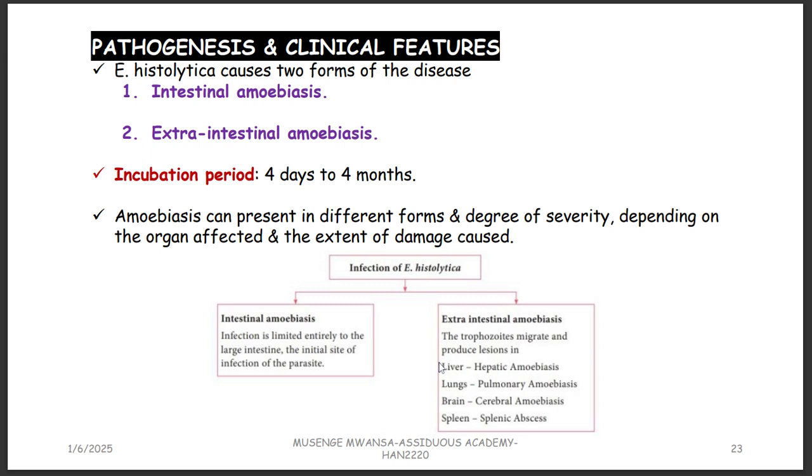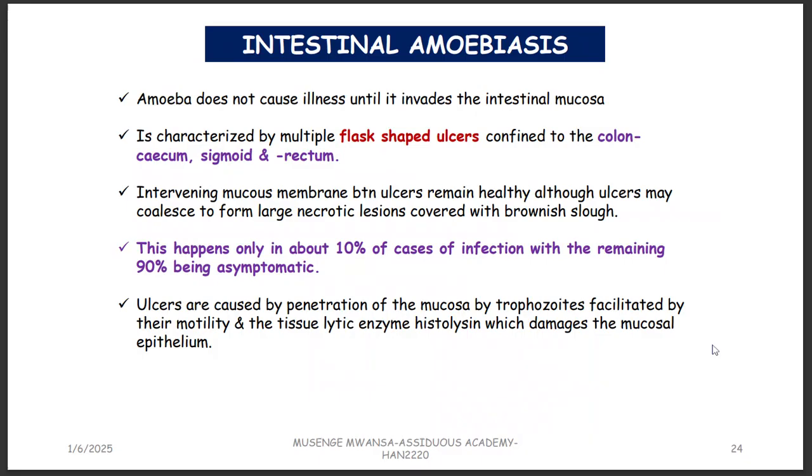For example, if it goes to the liver, it will cause hepatic amoebiasis; to the lungs, pulmonary amoebiasis; to the brain, cerebral amoebiasis; to the spleen, splenic abscess. But the most common of the extraintestinal amoebiasis is actually the liver, hepatic amoebiasis. One important feature that you need to know about intestinal amoebiasis that you are going to find in your exam is